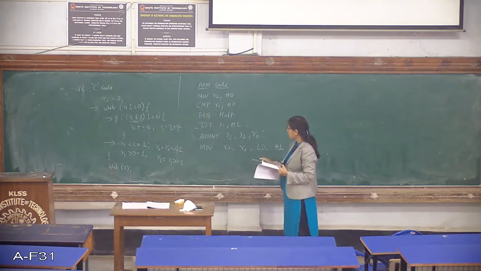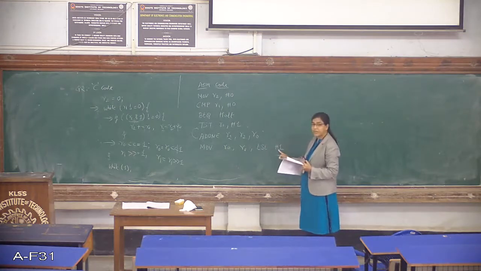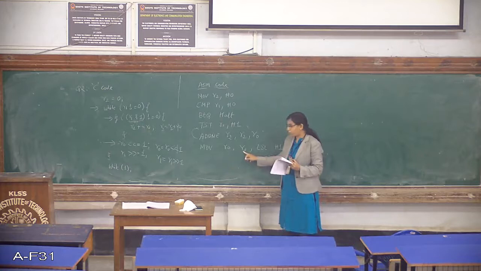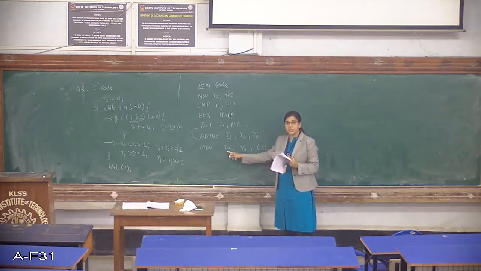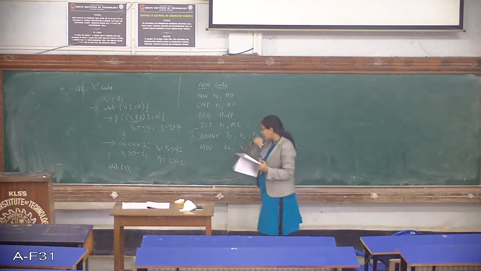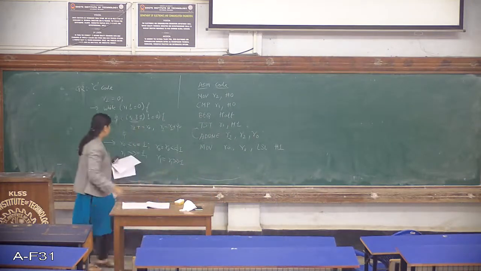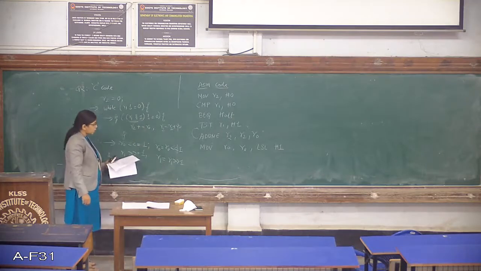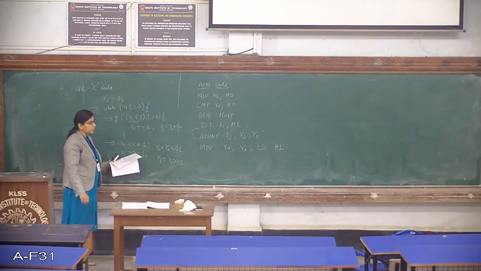So what is this instruction doing? There is a left shift operator, left shifting by 1. You are left shifting the R0 register by 1. So whatever result you got will be moved into the register R0. So this is regarding this instruction. The next instruction is the right shift operator. As I told you, we are not going to use the logical right shift operator. We will be using an arithmetic right shift operator here.